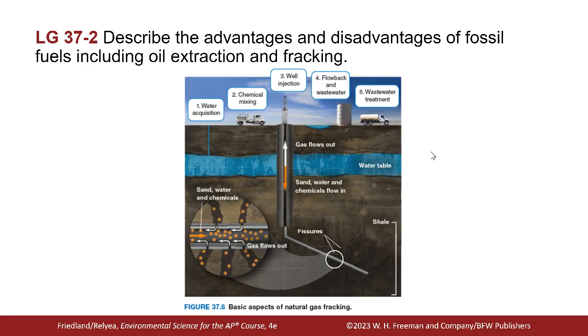Okay, so this is how natural gas gets out. They look for the natural gas, they find it underneath the water table, they put a pipeline down. Normally natural gas is like an artesian well where it's trying to come up, it has a lot of pressure, so sometimes they don't even have to dig that deep. Sometimes they have to go out and get it. When they have to go out and get it, there's a good chance it's going to leak here. When it leaks here, that's going to poison all this water.